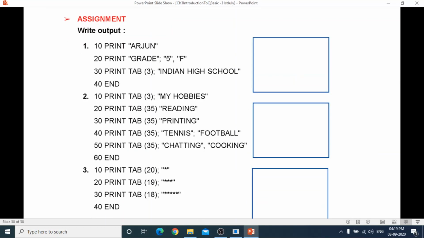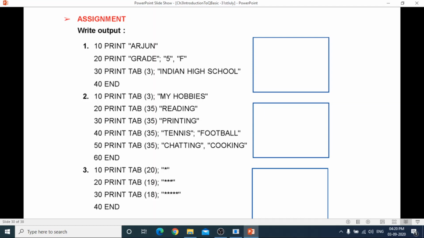Now we have this assignment. Assignment is given on page number 36. Open it. What we have to do? We have to write the output. Output में difference आप कैसे देखोगे कि where it is semicolon, comma, कैसे हमारा output change होता है. तो you know, simply if you want to put the gap, so there should be comma, semicolon will not put the gap, and tab will display from the initial position. These are the three things that you have to remember.